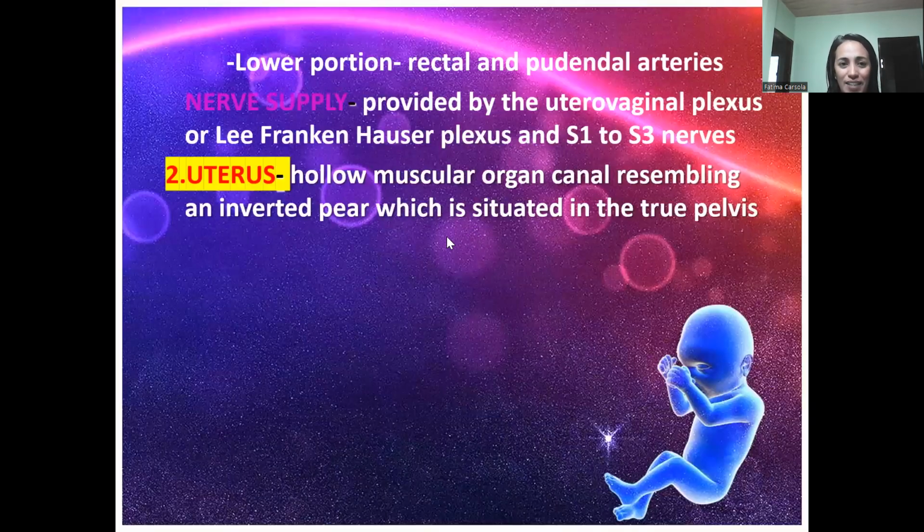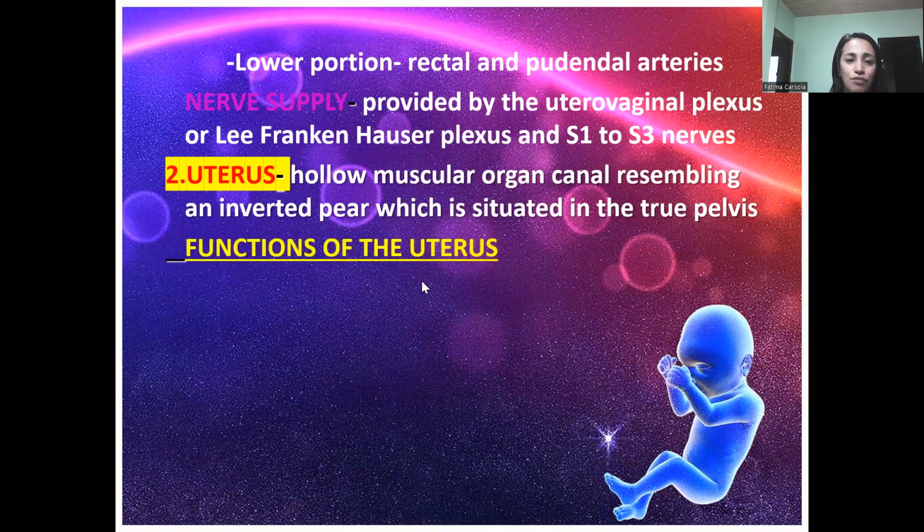Okay. So if you're the uterus, we'll have a picture in it later so you would appreciate how the areas or these parts of the body are interconnected with each other. So the functions of the uterus: it is a hollow vascular canal resembling an inverted pear into a sphere, into an ovoid. So there are three changes, from a pear shape into sphere into ovoid, when it already accommodates the enlarging baby. The functions of the uterus: it is an organ for reproduction, meaning it is the site for implantation.